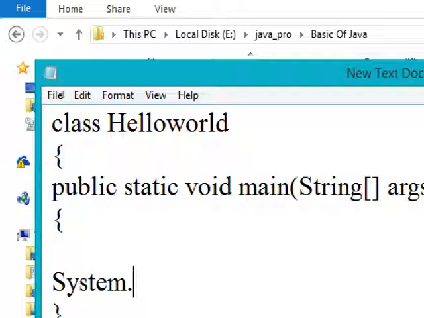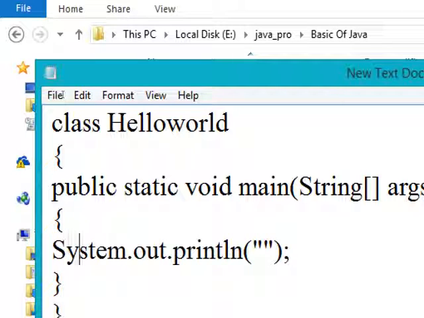As of now you don't know anything, but soon you are going to be a master in Java, so don't worry. And this System.out.println statement is going to print one message on the console. Here I am writing hello world. I am printing one message on the console.